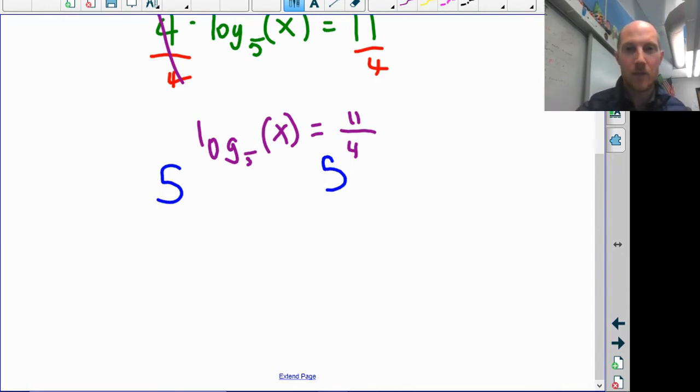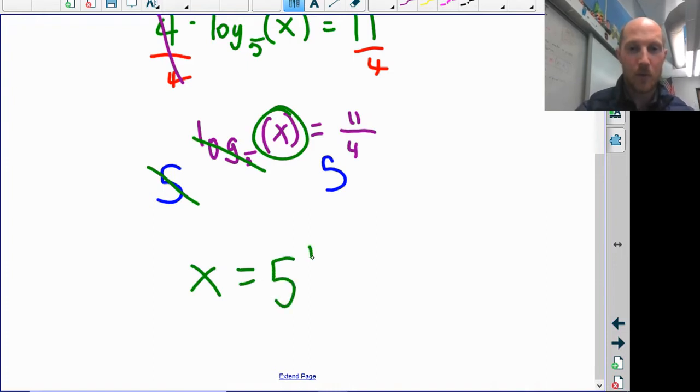Okay, and then 5 to the power of log base 5, those are inverses. They're going to cancel, and we'll be left with this x equals 5 to the power of 11/4. All right, now some of you might have been thinking on your own here, instead of doing the inverse property as our last step,